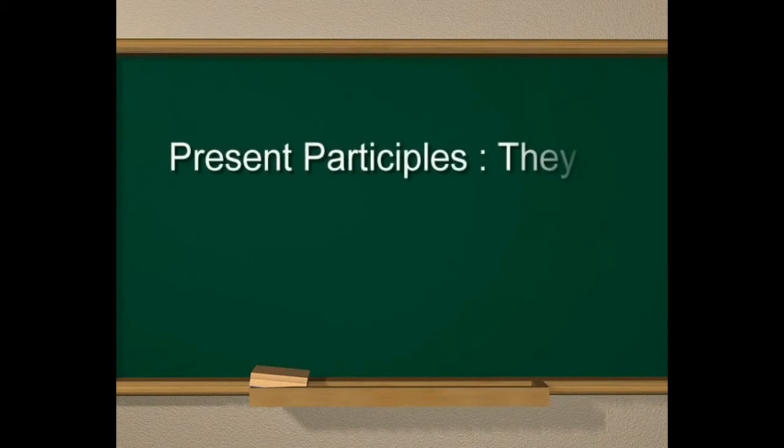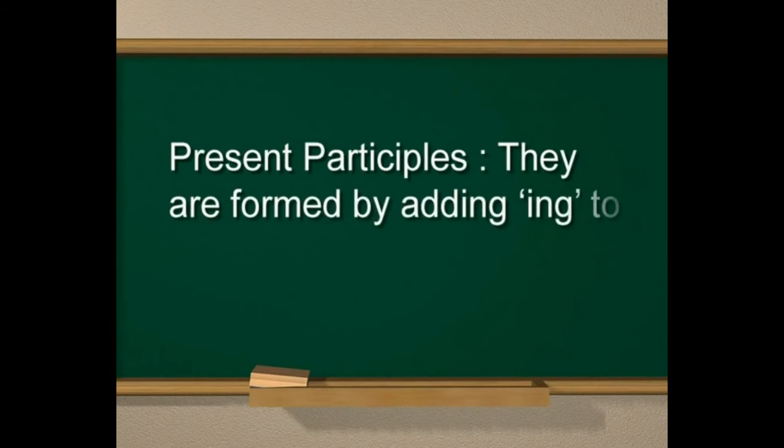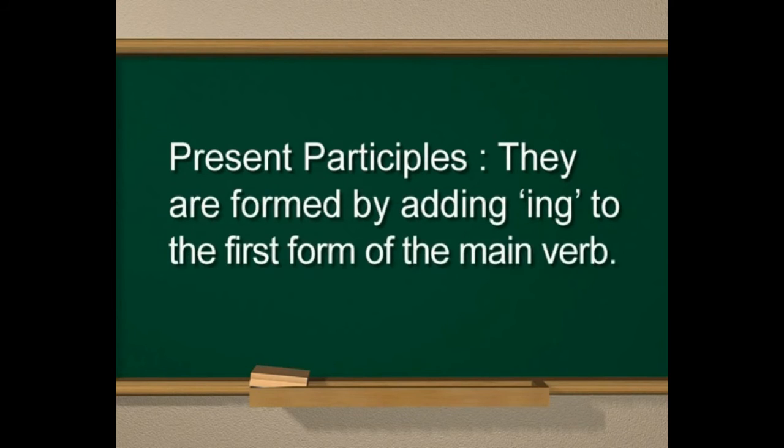Present participles. They are formed by adding ing to the first form of the main verb. A main verb ਦੀ first form ਨਾਲ ing ਲਗਾ ਕੇ ਬਣਦਾ ਹੈ।